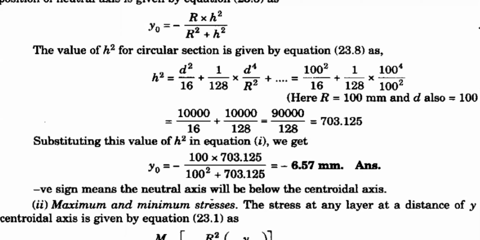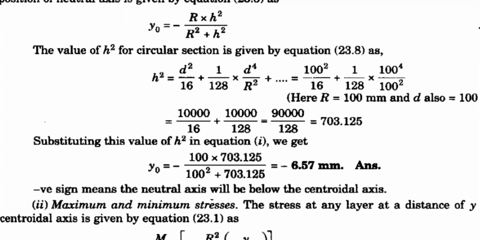Here the terminology is very, very important. R is entirely different from D. Some of the students may think that r is the radius, but here it is not the radius, it is the radius of curvature. D is the diameter, the circle diameter. So please understand the terminology. Don't get confused with notations. That is why you should try to understand the terminology and notations.